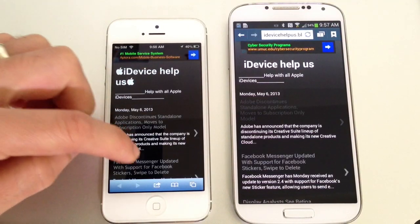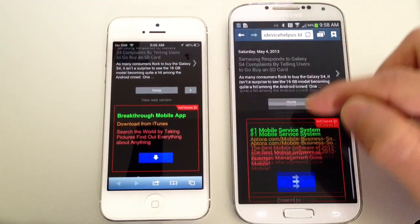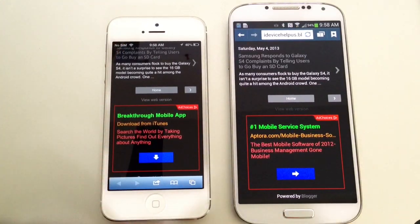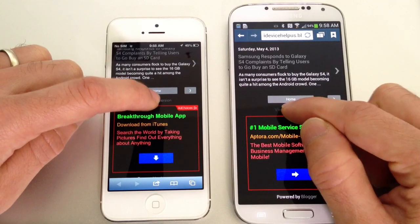And it looks like the iPhone came in just a little bit quicker for the browser speeds, even though the Samsung Galaxy phone has better CPU performance according to the Geekbench application. Sometimes when you have software alongside hardware that is more in sync, you can get better performance even if your CPU performance is not up to par with another device, as in this case. Now we're going to go to the non-mobile version of the website by tapping on